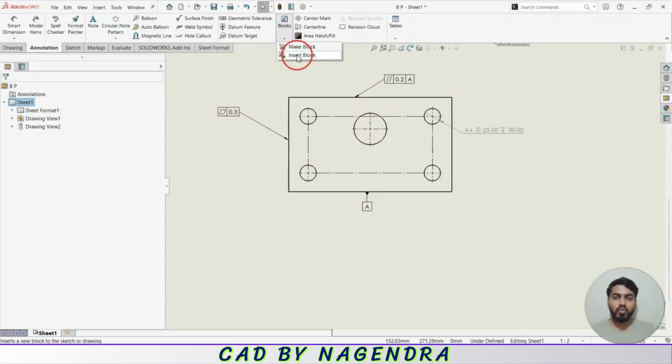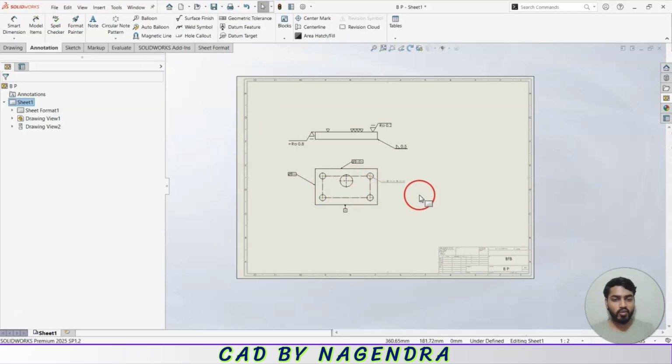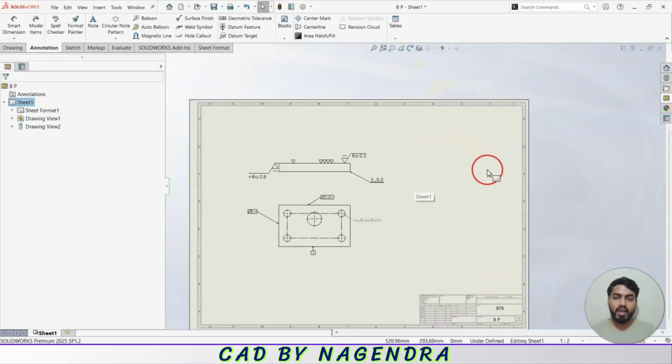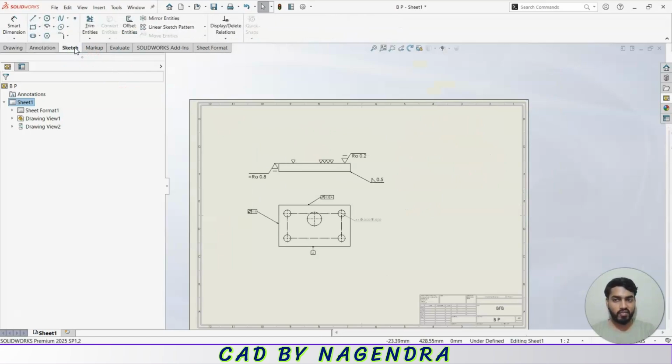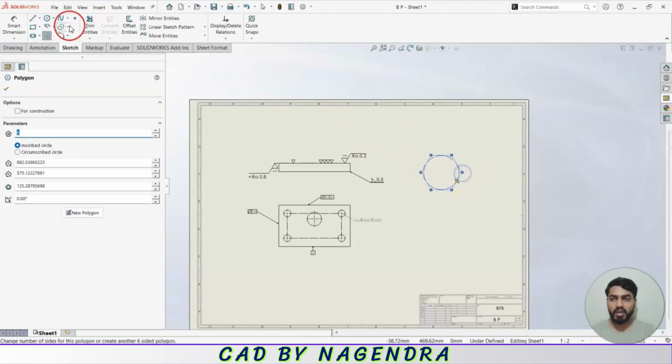Then next we have blocks. Here we have two options: make block and insert block. What is meant by blocks, let me explain in a simple way. For example, we have one nut. I'll go for sketch. Not only that, any shape, one shape we have here